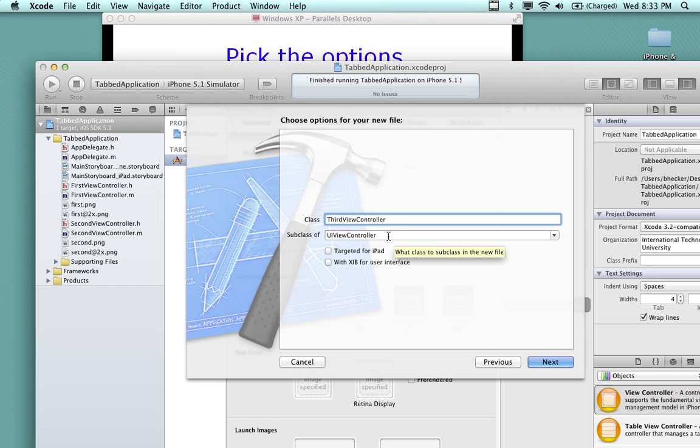We want it in the storyboard. We want to be able to use it from the storyboard, because the XIBs and the storyboards are like 2 separate worlds. And the target's not going to be for iPad, because I'm going to run this on